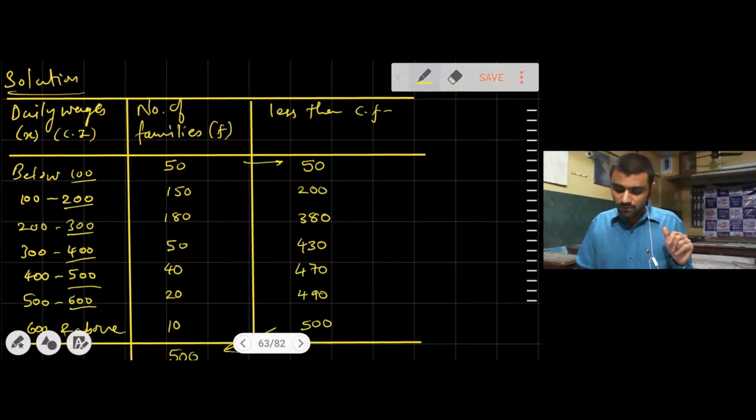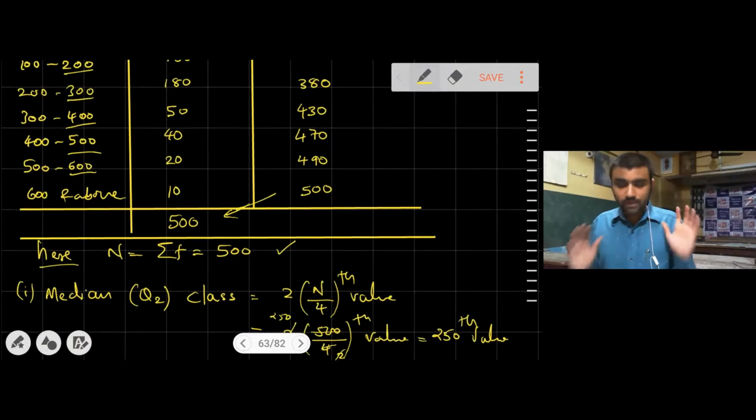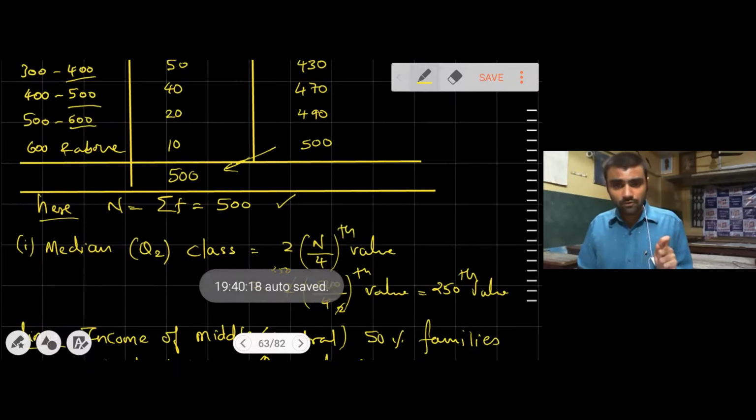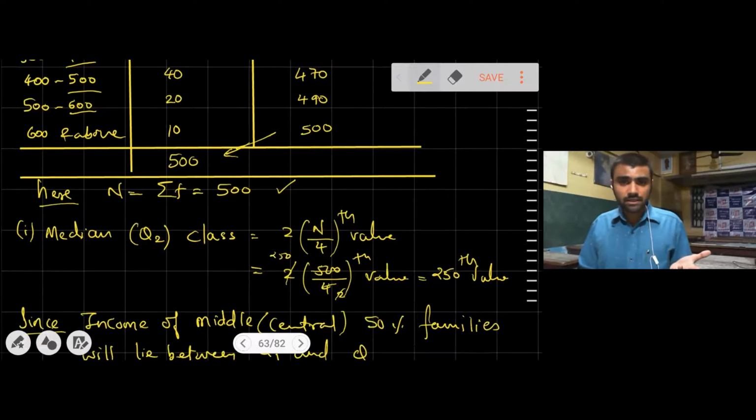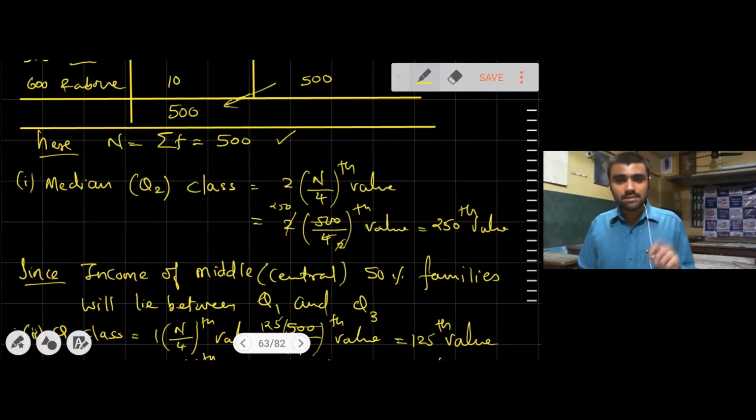So first we are going to find our median class, that is, we may say Q2 class. So 2 into N upon 4th value, substitute, students, capital N is equal to 500, and then you cancel this, and finally you are going to get 250, that is the 250th value. Okay, after this